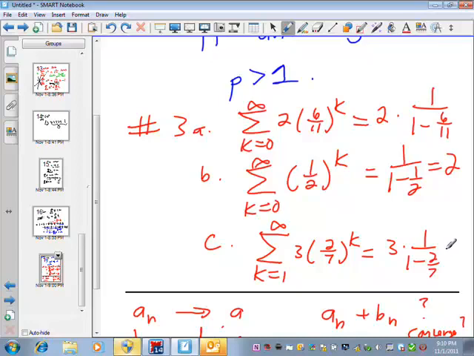What about k equals 1? I didn't start at 0, I started at 1. So now I've left off the 0th term. What is that term? It's not 1, it's 3 times 1. So now I have to subtract off that term. If you start at 0, that's all the terms. If you start at 1, you left off the 0th term. So you get all the terms and you need to take off the first one. So the 3 times 1 over 1 minus 2/7 is